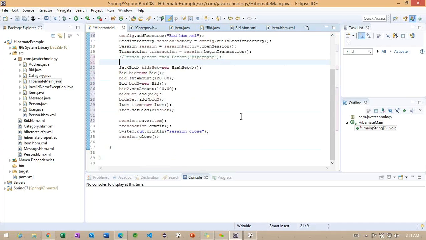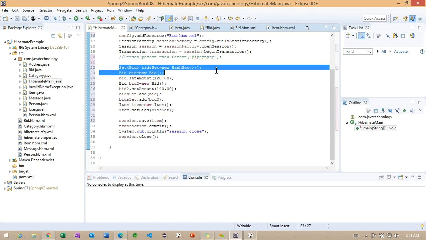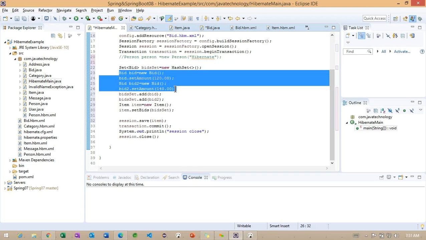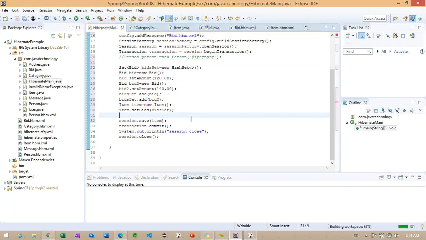So carefully observe, this is very important. First we created a collection of objects, and we created two records here because two bid objects are expected for one item object. Okay, let me save.